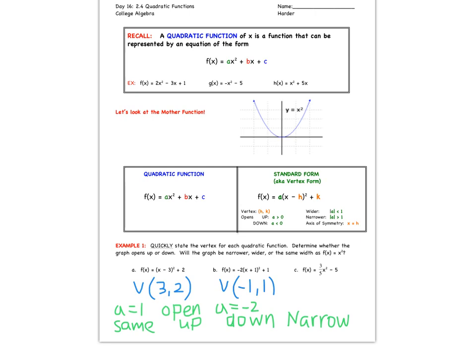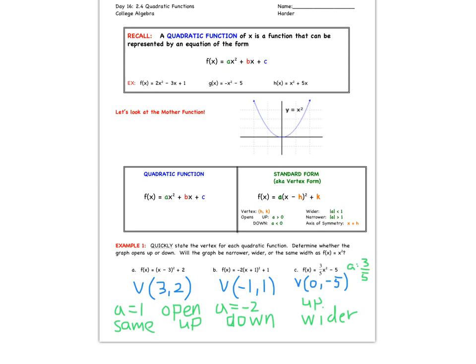All right, really quickly, go ahead and fill out C on your own. You should have gotten the vertex to be (0, -5). A is 3/5, so it opens up, and it is going to be wider than the mother function because the absolute value of 3/5 is less than 1. All right, let's go to the next page and talk about